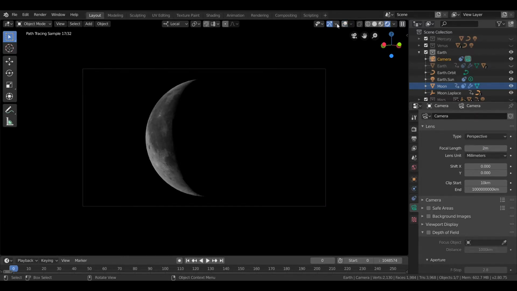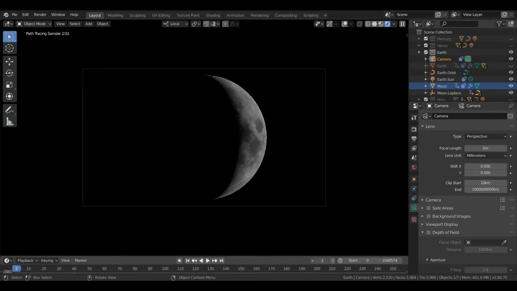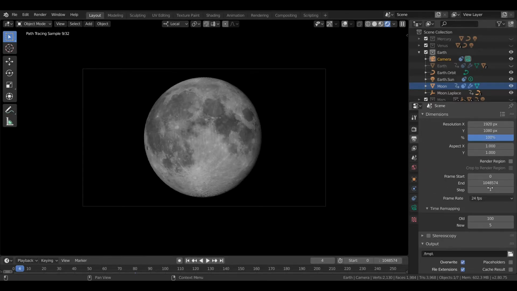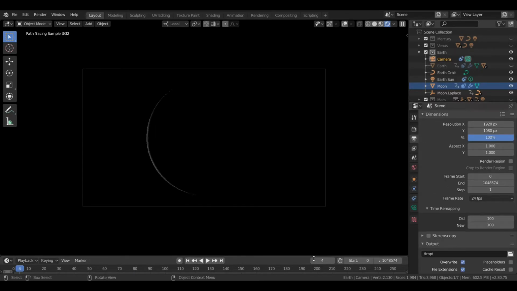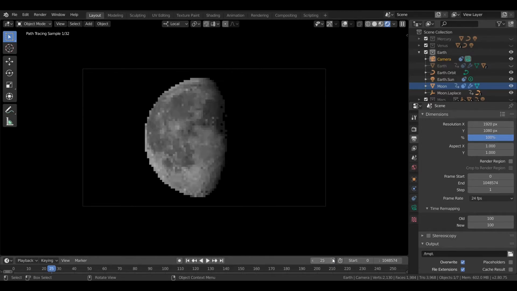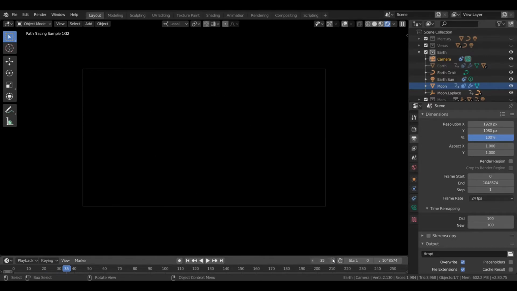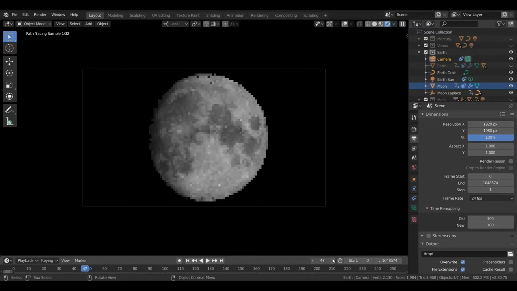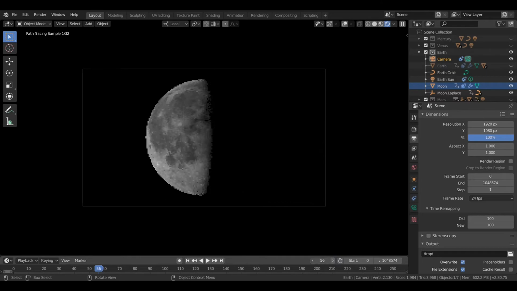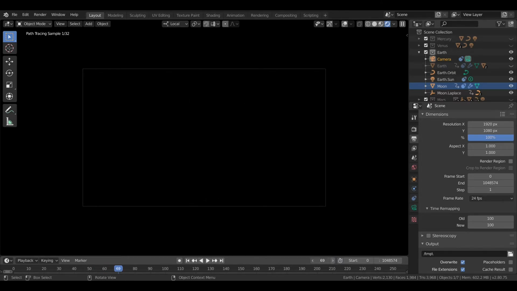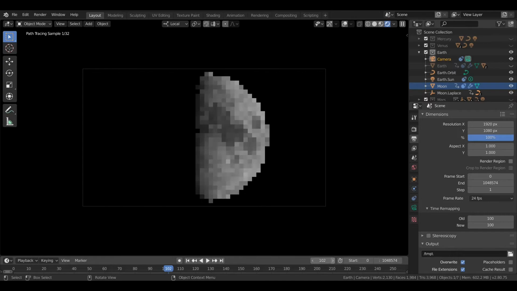Okay, so here I have a camera that is set to always point towards the moon, and you can see that as time progresses, you can see the phases of the moon, which change based on the relative positions of the Earth, the moon, and the sun. And you can see that because of the moon's changing orbit, the moon appears to wobble slightly as seen from the Earth.